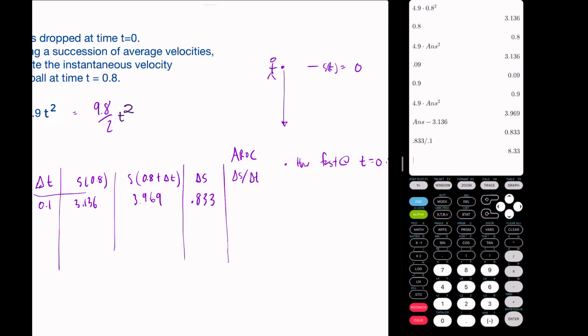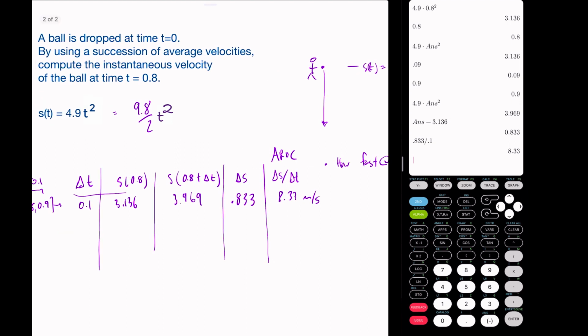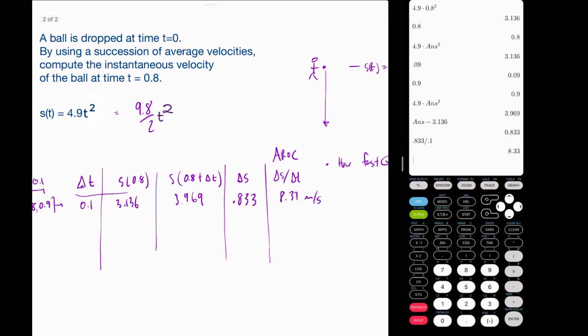And I get the value 8.33 meters per second. Let's see what happens as I take delta t smaller and smaller. As delta t gets smaller and smaller, this average rate of change will turn into the instantaneous rate of change. So I'm going to next go to